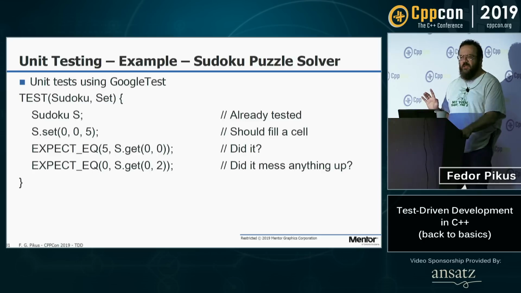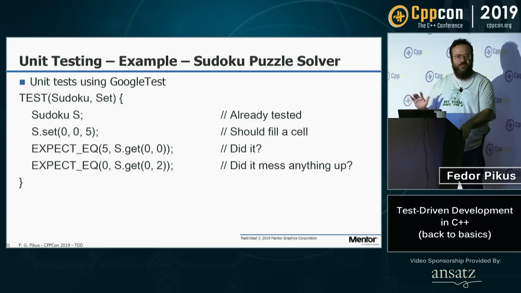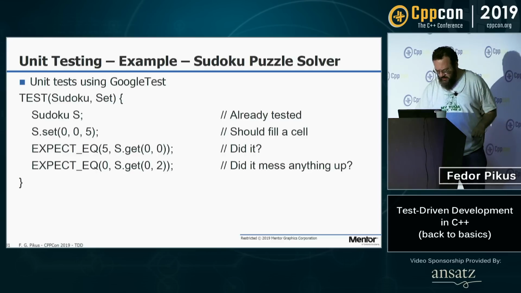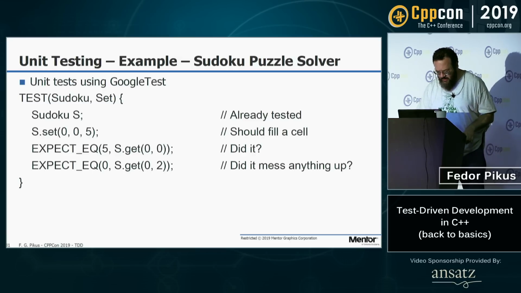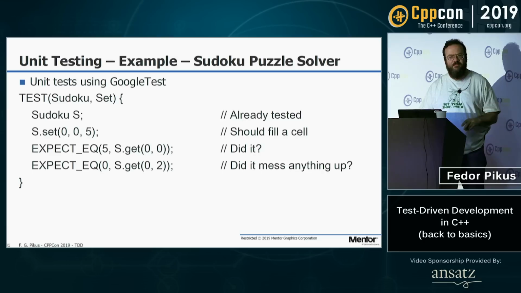This is important in unit testing, otherwise you'll never get anywhere if you keep just building up your unit test. You trust the previous test. So this test is for the new feature only. The previous test was just for the constructor. Okay, we got the constructor, it works. This test is just for the set. And yeah, it should be bigger than that. It doesn't fit on the slide.